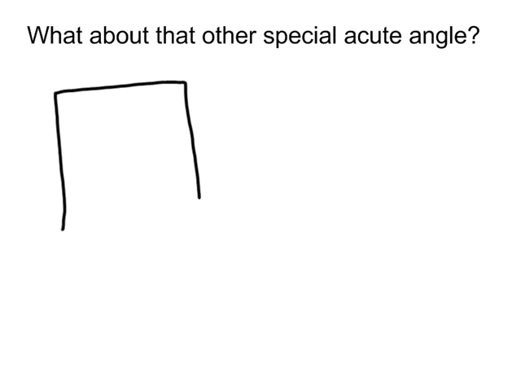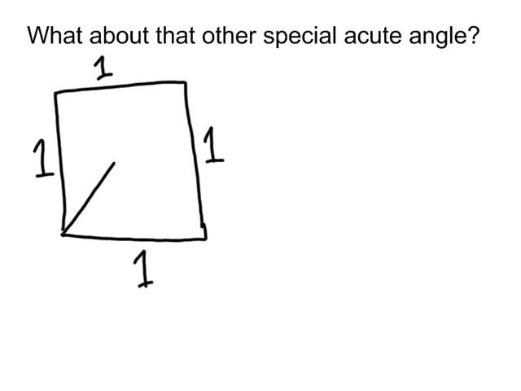So I ask you to consider a square. And let's say that square has side lengths of 1. And consider splitting that square along its diagonal. Hopefully you agree that this is 45 degrees or pi over 4 radians. And hopefully you agree too that we could use the Pythagorean theorem very easily to see that that hypotenuse is